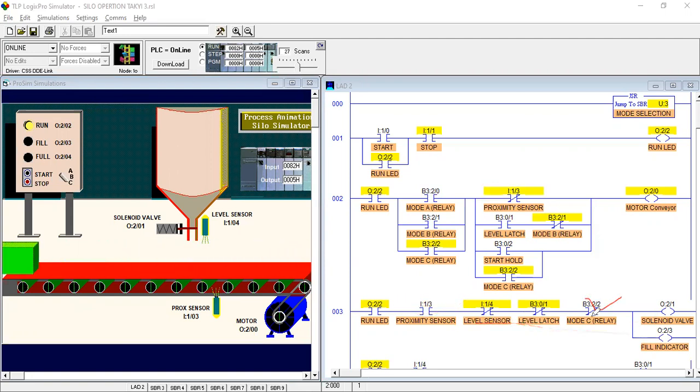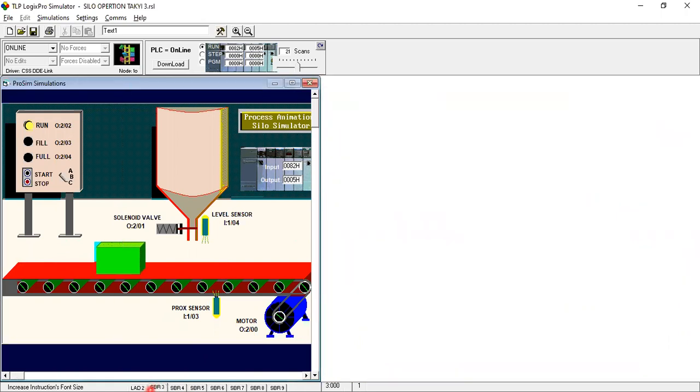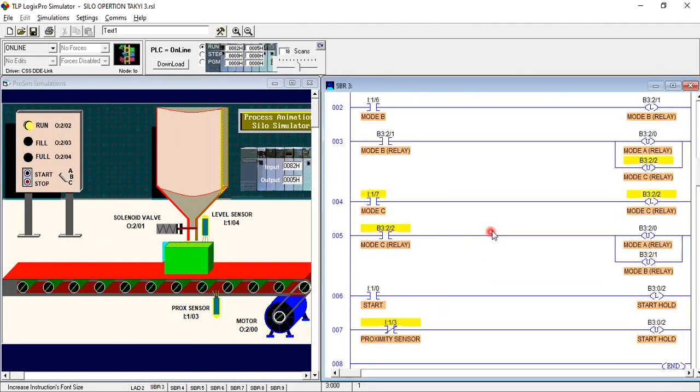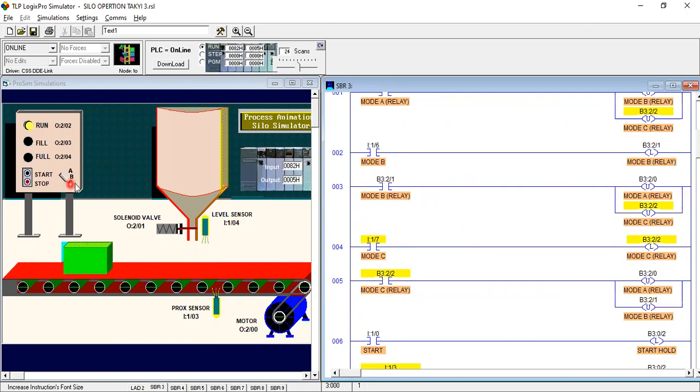If you selected mode selection C, and I will show that, this latch will also be off. The level latch is also unlatched. And as you can see, if we selected the C mode, this is the mode selection file of our program.